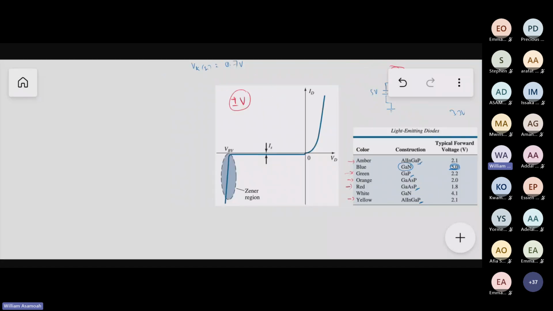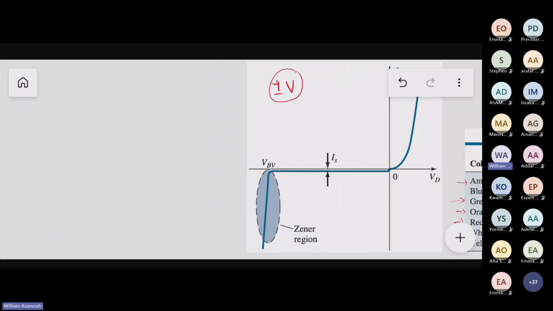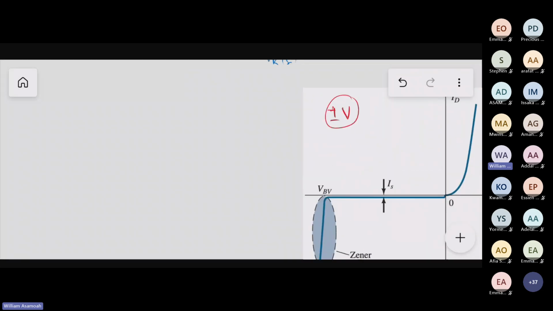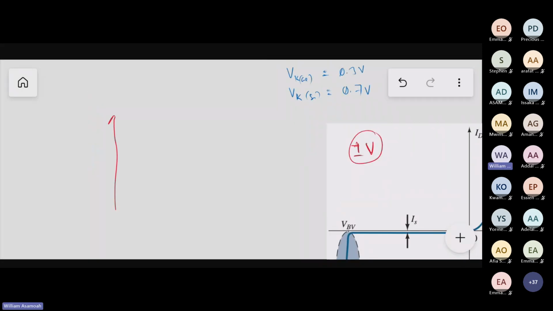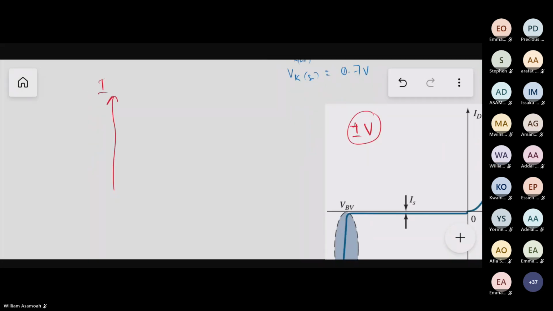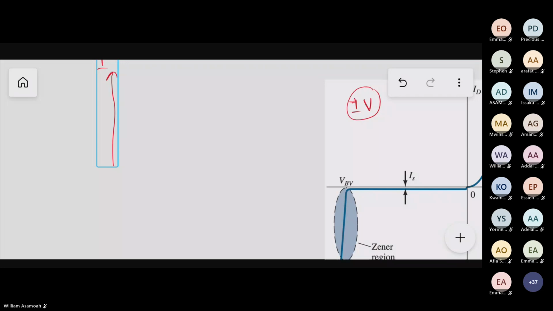But then, let me explain this IV characteristics or IV curve. So when you have a diode, let's say that this side is the current side, and then